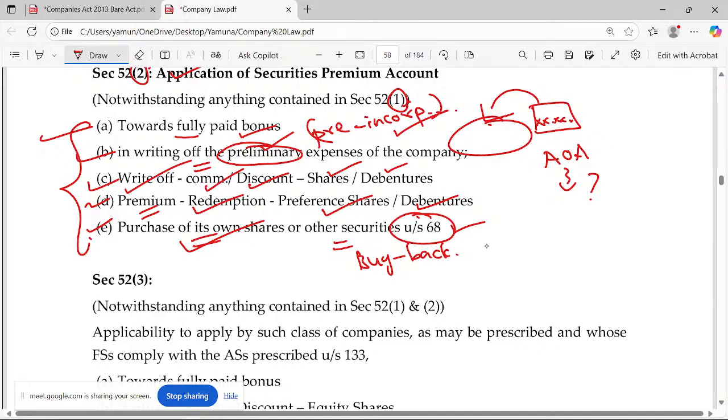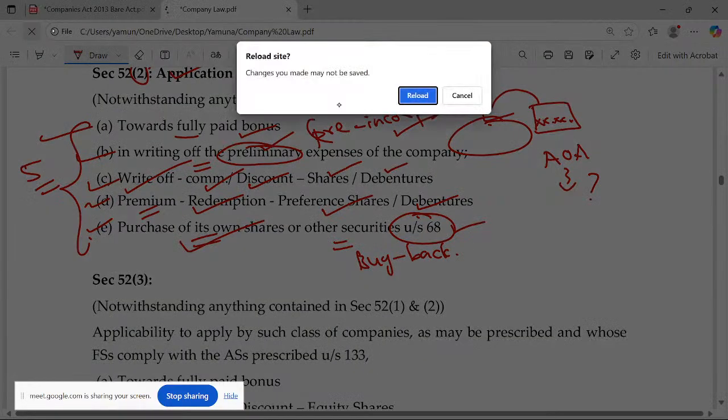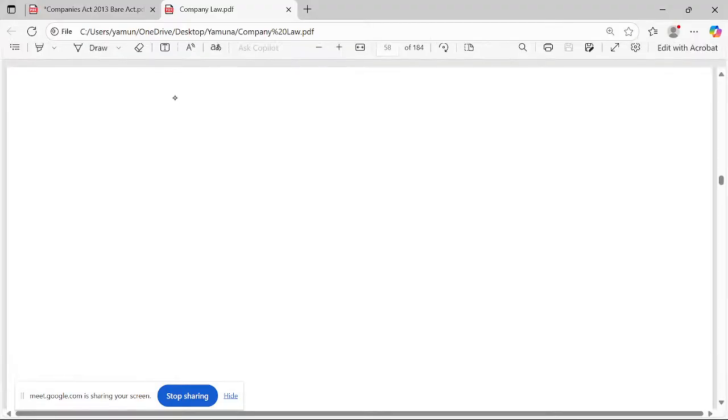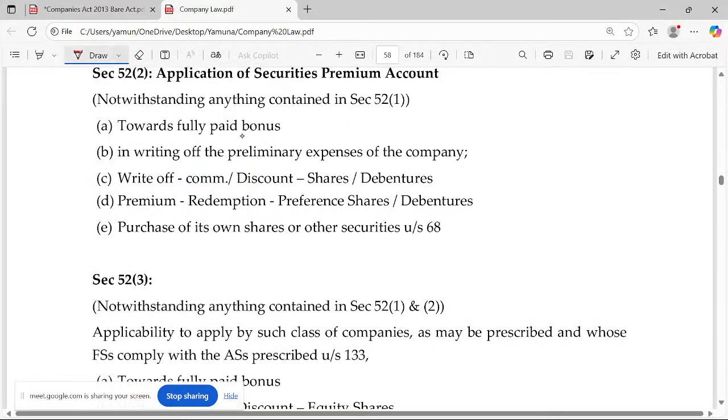Your question will be asked in such a way. There's a company ABC Limited, and the chartered accountant, cost accountant or company secretary wants to utilize this securities premium amount for payment of dividend, etc. Okay, the question is about confusion. You will be thinking as if you have not studied properly. No, you have studied very properly, only for 5 purposes. Okay, 5 purposes means if you go keenly, it will be mentioned as the first point, fully paid up bonus shares, writing off preliminary expenses. It will be mentioned as commission separately, discount separately. It looks like the third point and fourth point.